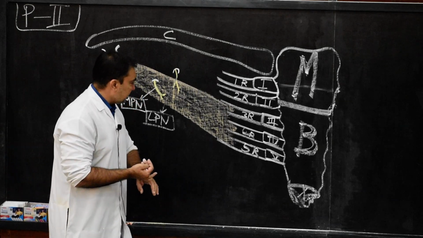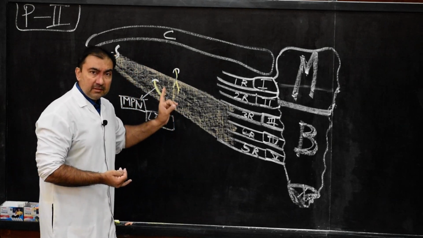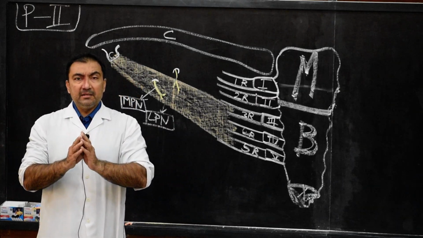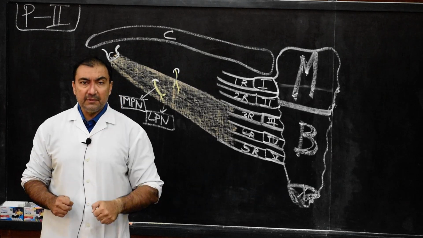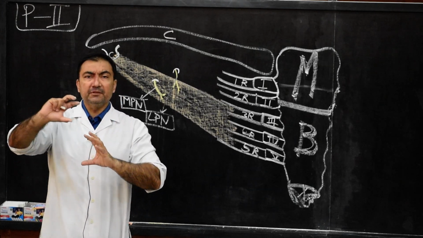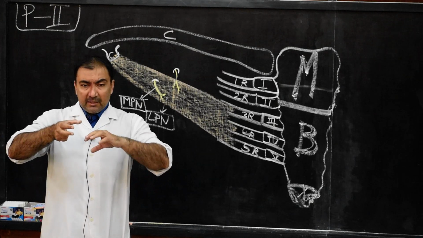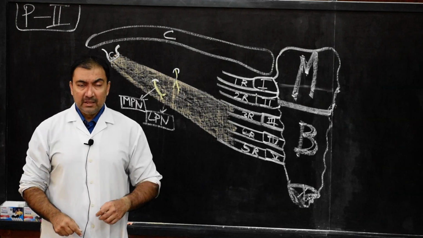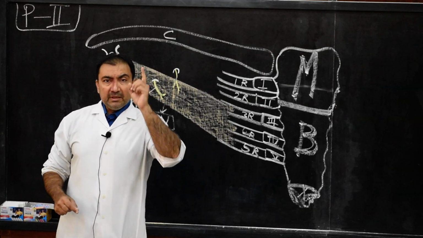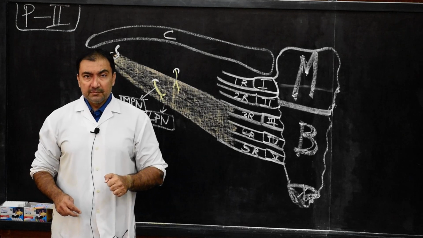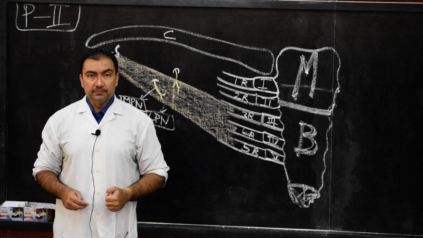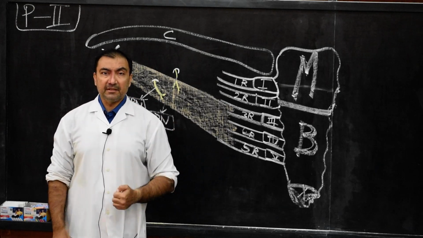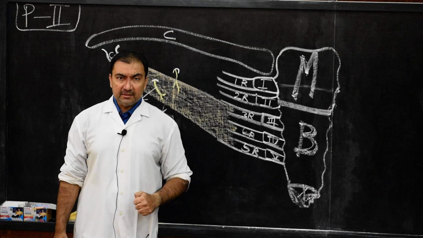So, origin, insertion and nerve supply of pectoralis minor are done; now the actions. Pectoralis minor has two important actions. The first action is protraction of the scapula, along with serratus anterior. The second action is that, along with levator scapulae and rhomboids, it helps in depression of the shoulder. These are the two actions of pectoralis minor.